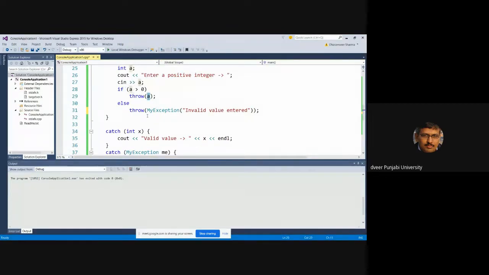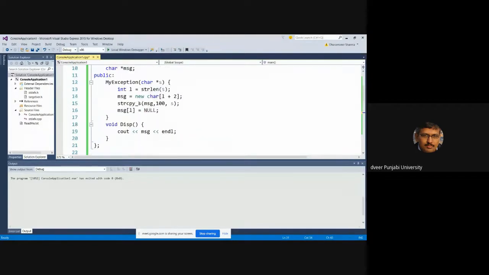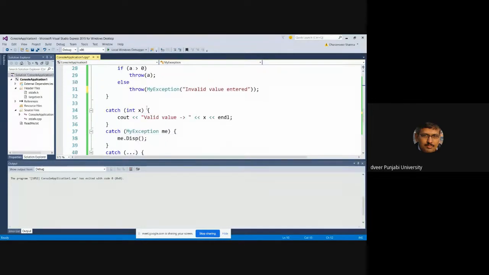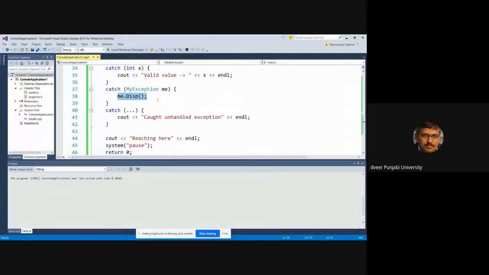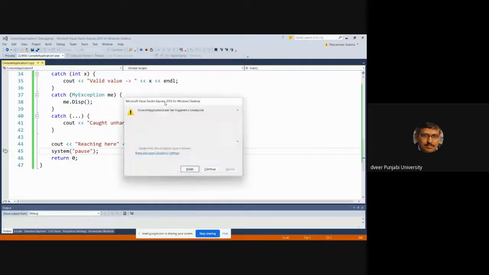If the value is invalid, then it is throwing myException kind of exception. It is a class exception here, right? It will be caught here, and the message which we are passing here will be copied. Its constructor will be called. The message will be copied to the data member, and through display, we'll be able to display the message. You can see it here once again. If I enter -10, it is saying, oh,